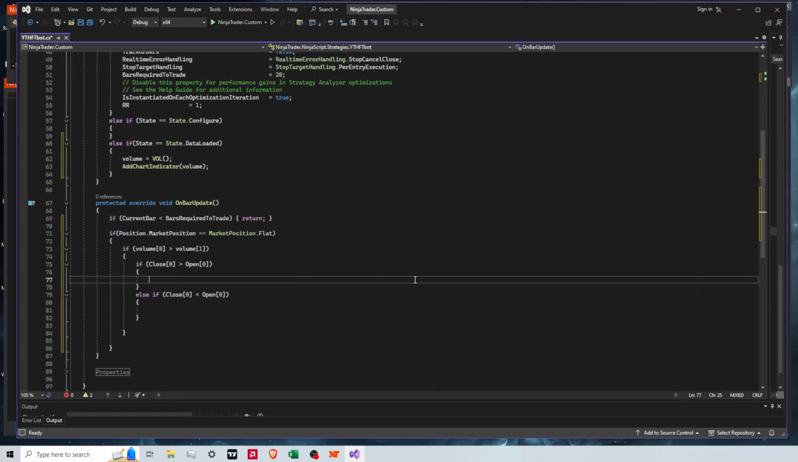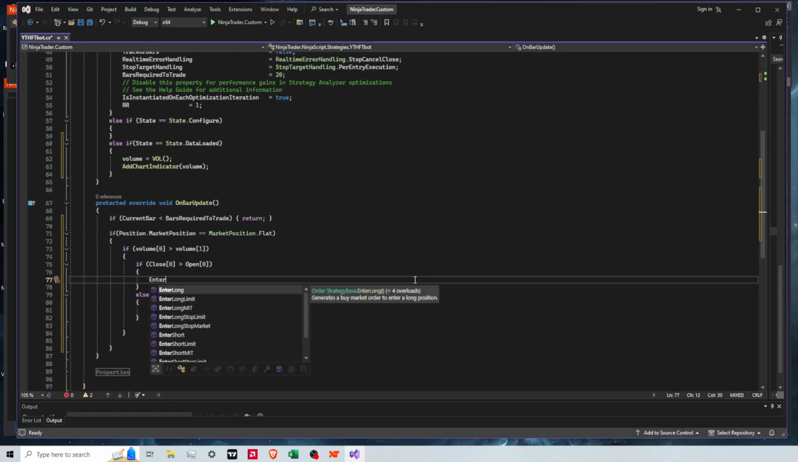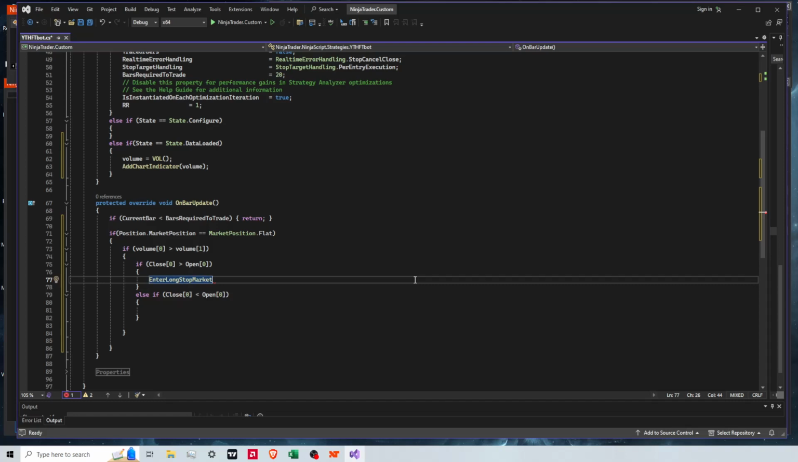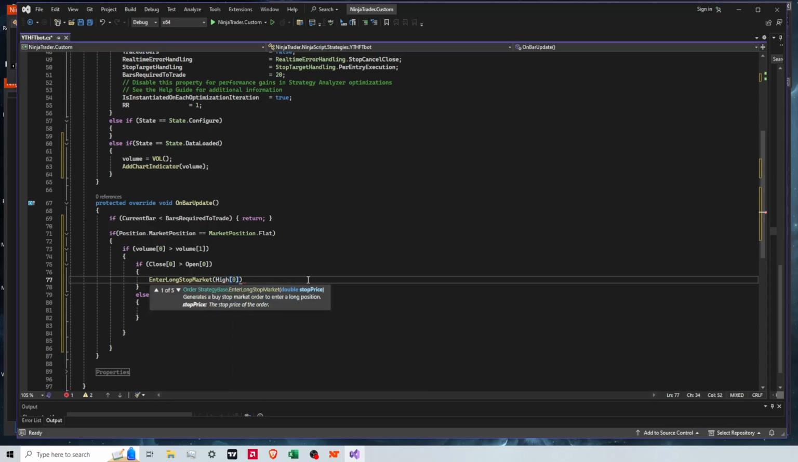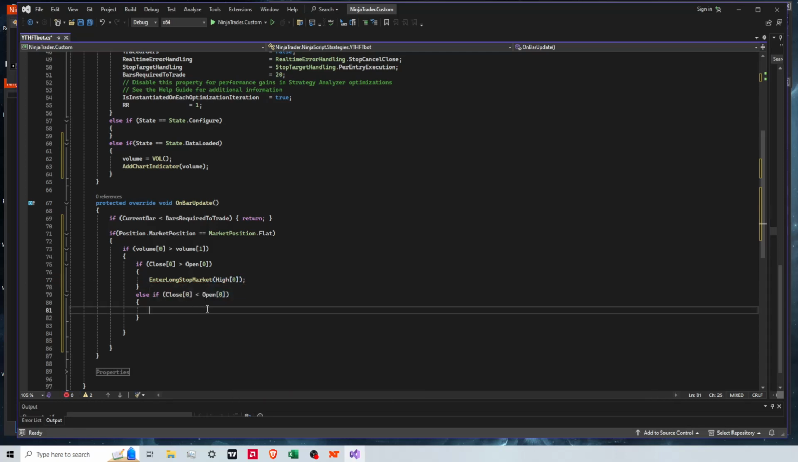we're going to do enter long stop market, and then all we need is the stop price, which will be the high of the last candle. Then we'll do the same, enter short, stop market, low. And so now this should give us,